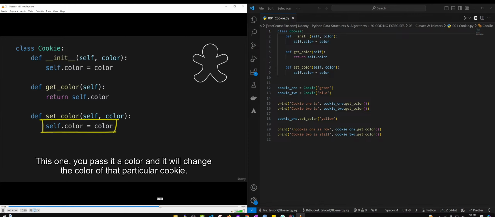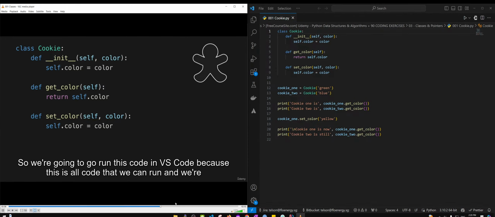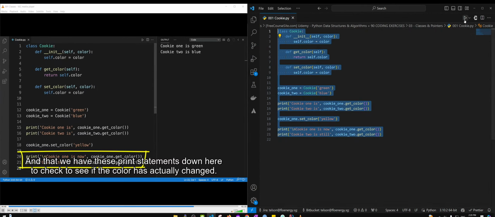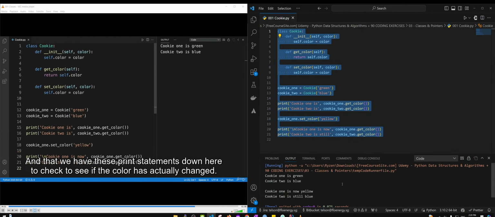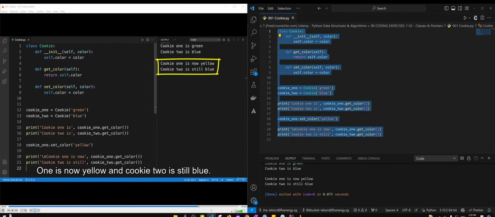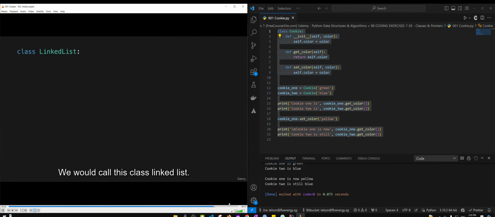that you're calling cookie. Okay, so we're going to go run this code, and then we have these print statements down here to check to see if the color has actually changed. So let's run this. And now we have cookie1 is now yellow,